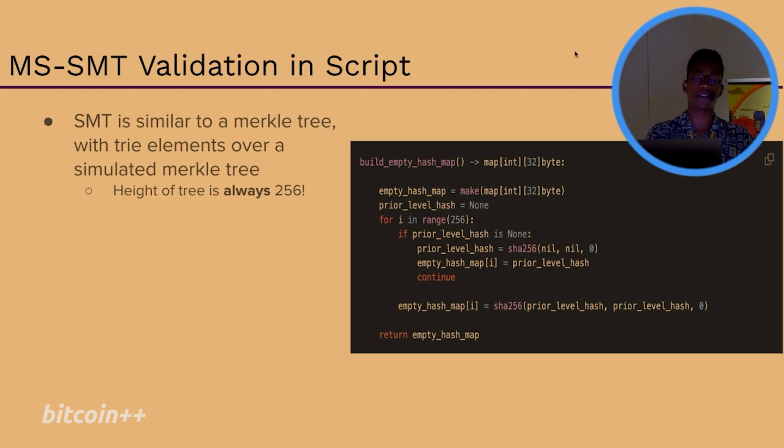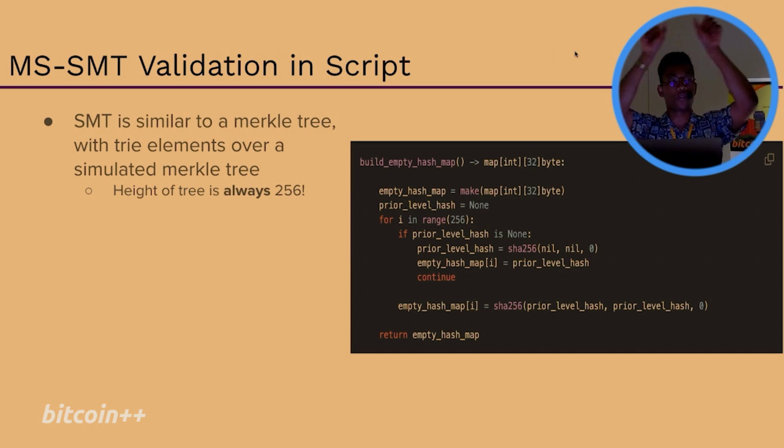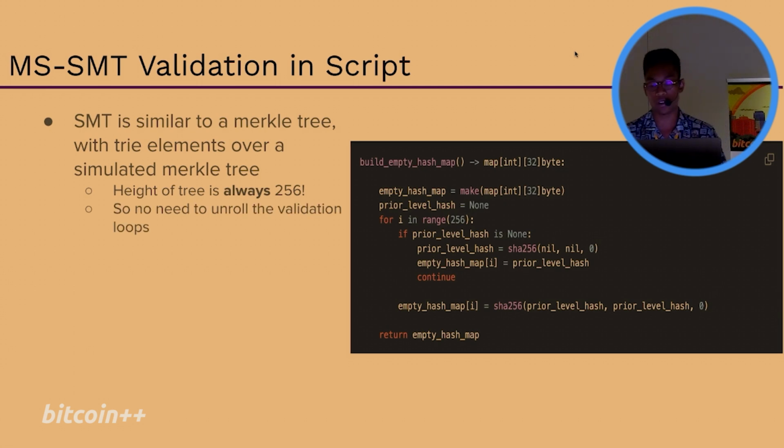But the thing is, we can actually simulate this Merkle tree based off this empty hash construction, right? So we start with the root value. We can then hash that to arrive at the left and right values, and then continue on and so forth, right? So therefore, at every single level, we basically know what the empty hash already is. So an empty tree with 2^256 leaves is basically just a single hash, which is the top level empty hash value, right? So you can simulate this value to make it a lot more succinct, basically.